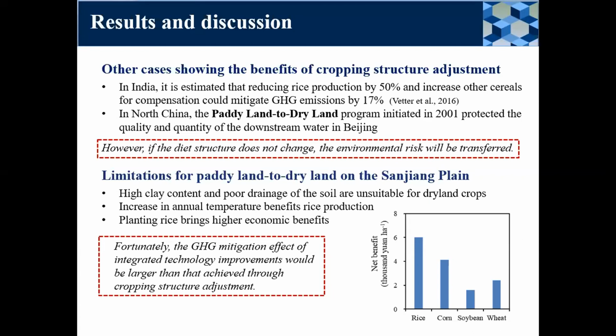So, and also in North China, we are adopting the paddy land to dry land program initiated in 2001. So we want to protect the quality and the quantity of the downstream water, for example, in Beijing. So we transfer the paddy land to the dry land. But there are some problems, of course, and something like the environmental risk will be transferred. For example, in